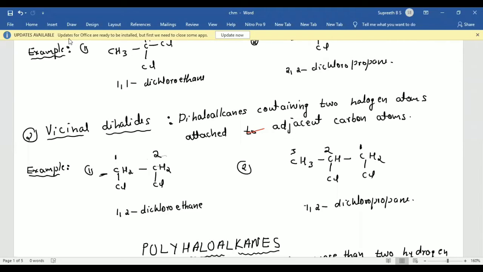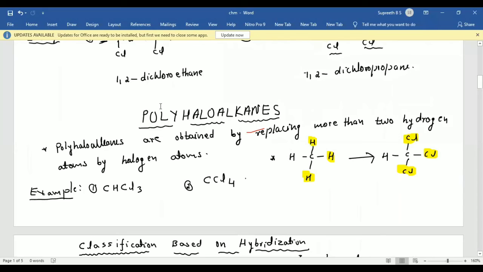Clearly, you can observe two halogen atoms are present on adjacent carbon atoms. They are called vicinal. Clear, right? The next topic is one more classification, that is